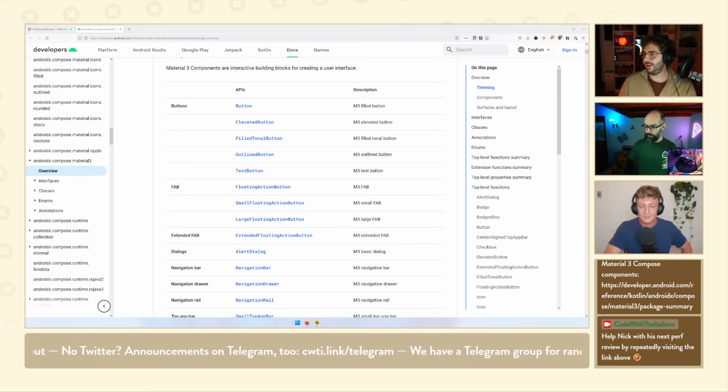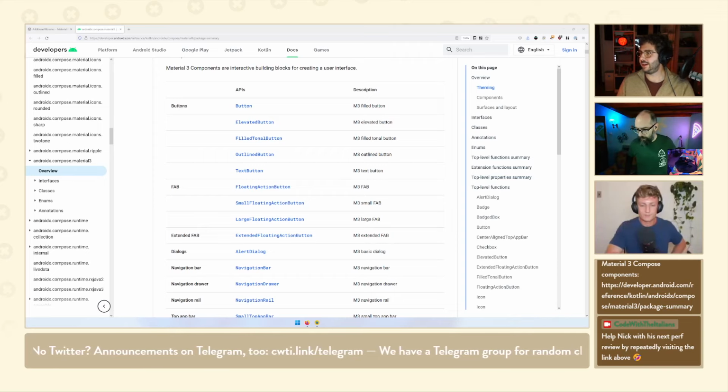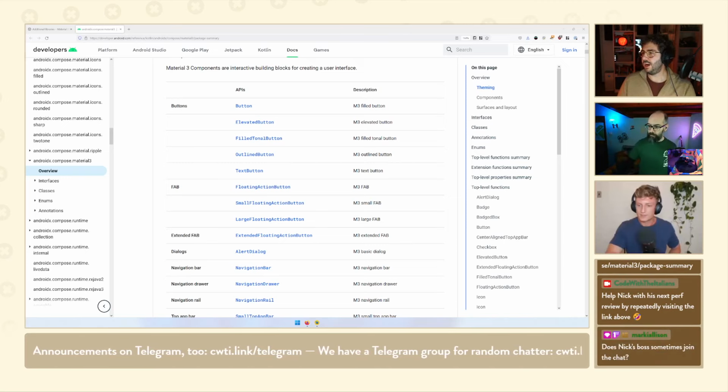Let me scroll back a bit in the chat and try to find the question that we had earlier, which is: are we supposed to be using the Surface composable in replacement of Card in Material 3, or is Card going to be added at some point? Yeah, that is a good question. I'm going to quickly confirm something, because I don't think cards are available currently.